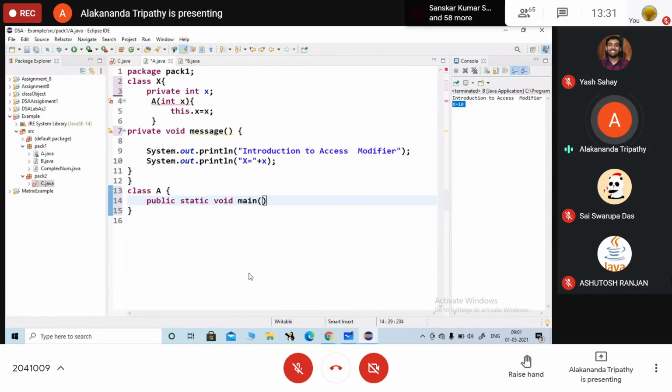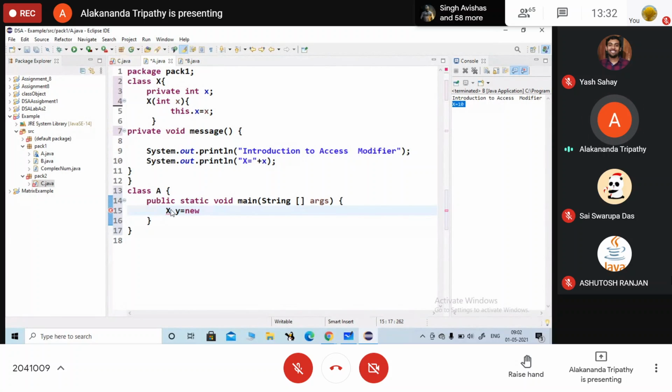Required main string args. X का मैं ऑब्जेक्ट बनाई.